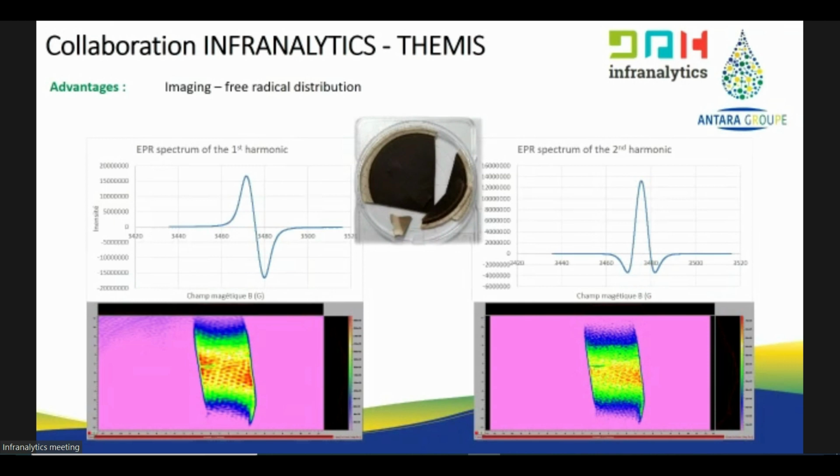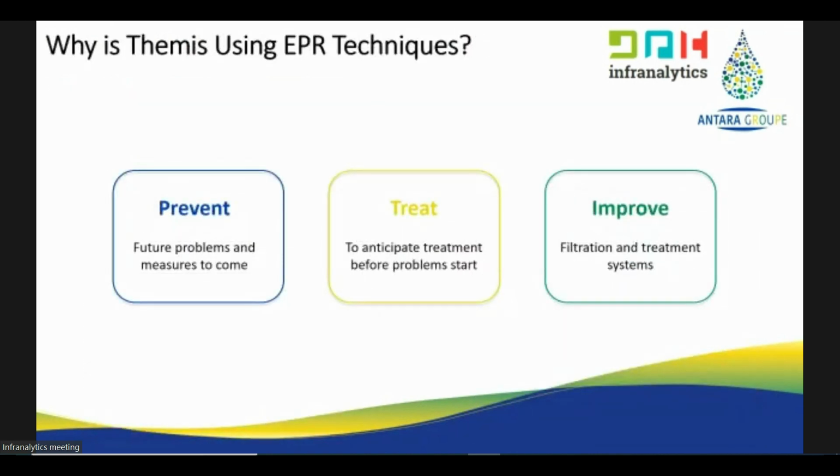And what is nice with all this collaboration and the implementation of the EPR analysis in our lab is we can prevent, treat, and improve. By that, I mean we can prevent the future problem and the measure to come. We can anticipate the treatment before the problem starts, and we can improve the filtration and the treatment system. And this is really nice because by